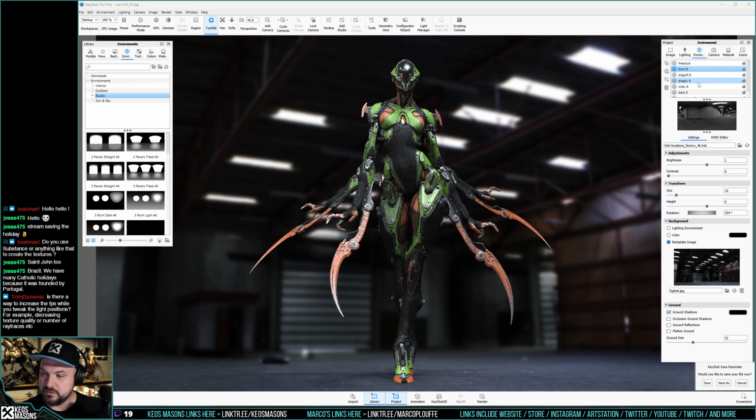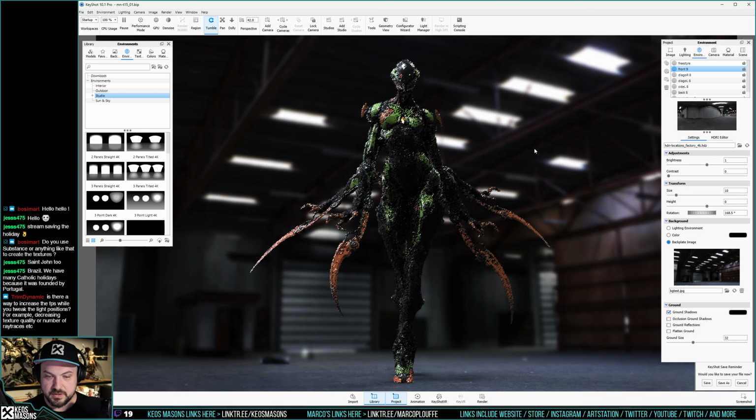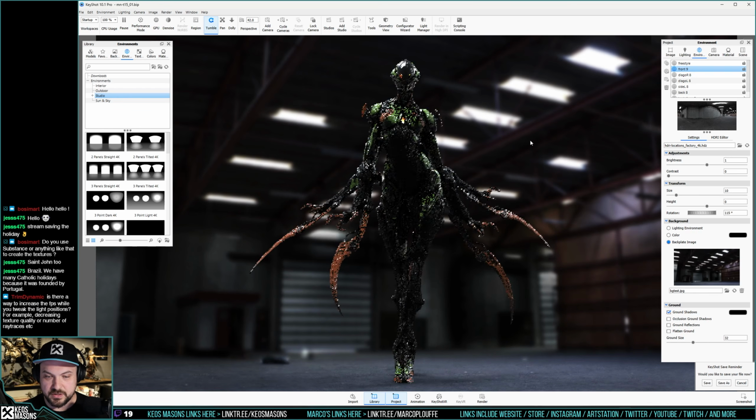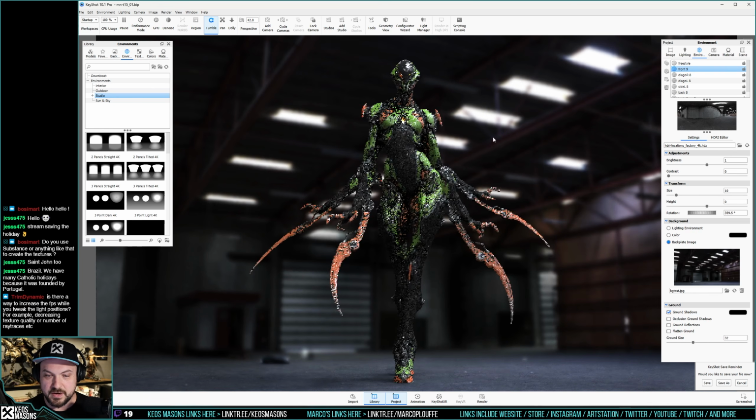Anyways, get back to this. There we go. Okay. So it's shift and right click, isn't it? Why is it control? Yeah, it was control. Okay. Control left click. So you see, if you control left click, you can rotate the lighting around the model,